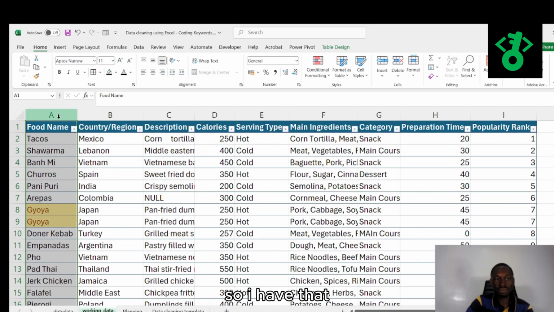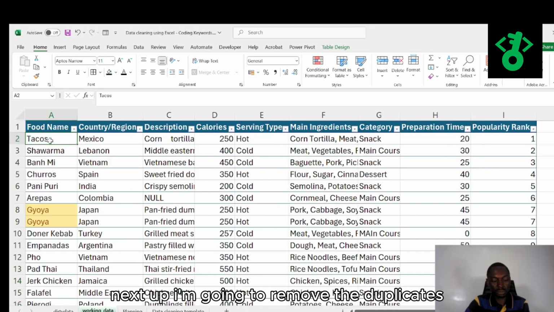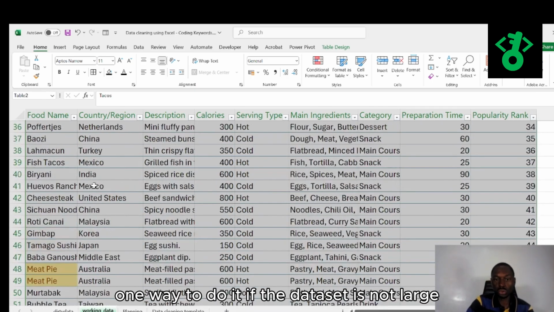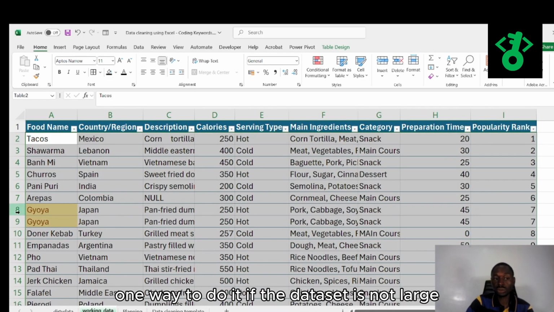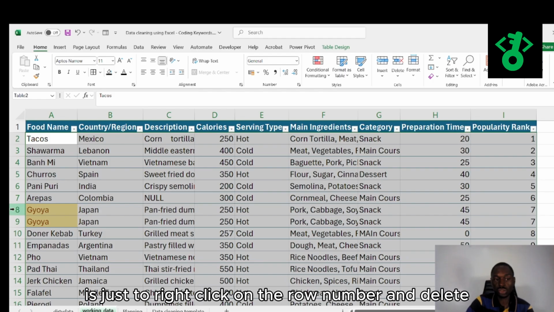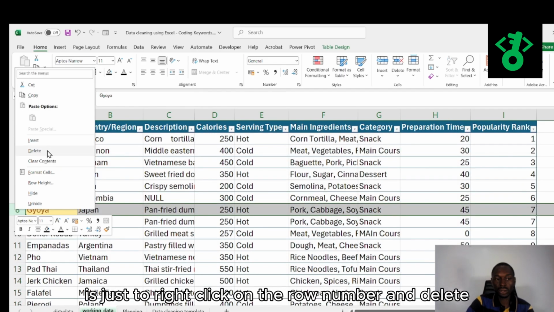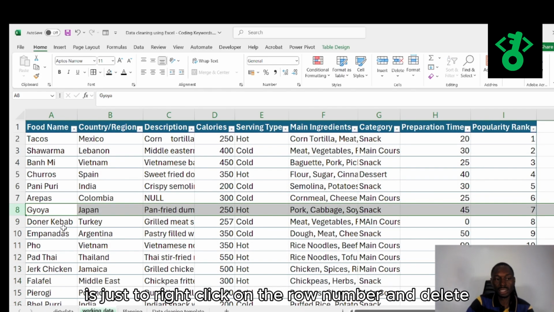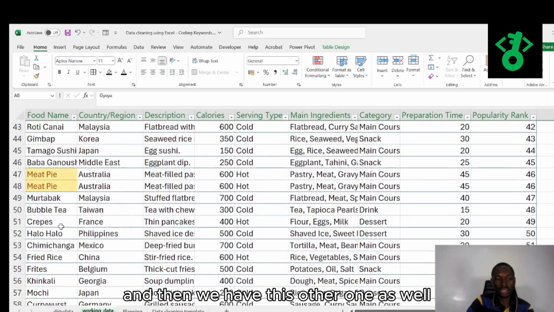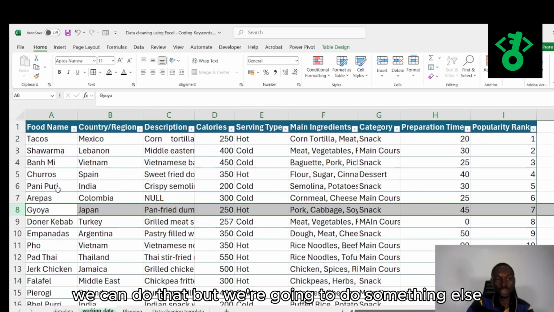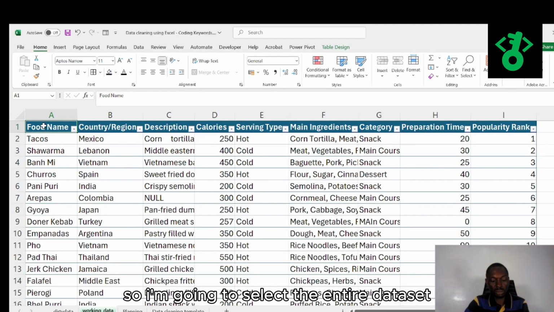So I have that. Next up, I'm going to remove the duplicates. One way to do it, if the data set is not large like what we have in our case, is just to right click on the row number and delete, and that has gone. And then we have this other one as well. We can do that, but we're going to do something else. So I'm going to select the entire data set,